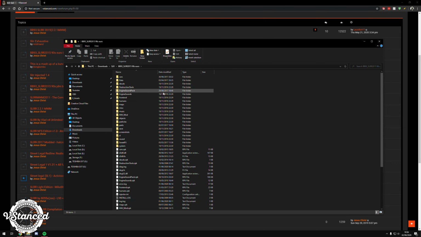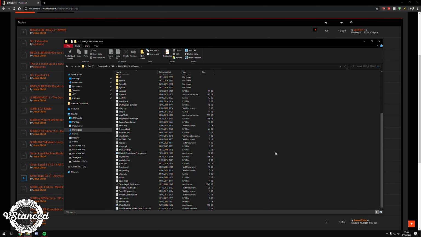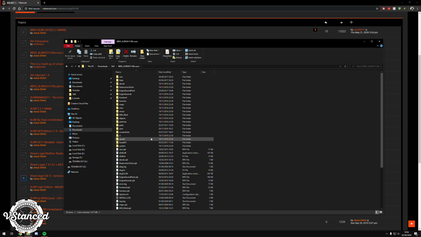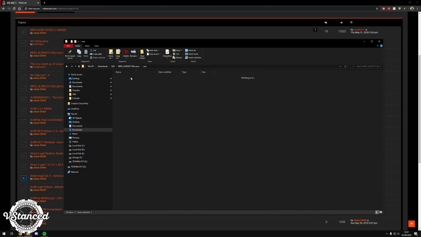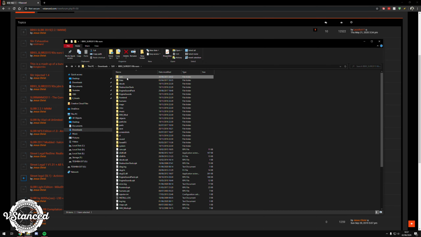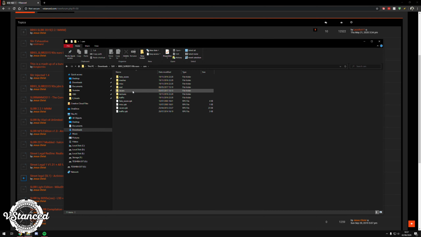With Street League Racing, you don't have to install it at this stage, so once you extract it, this will be your game directory, so you can move it to your games folder or wherever else you want to keep it, but this is where you're going to launch it from. To launch the game, you'll be using this shortcut, but before we do that, let's have a chat about mods and future use of the game if you want to install mods, remove mods, or debug the game if you have any problems. So first directory to pay attention to is the cars directory,